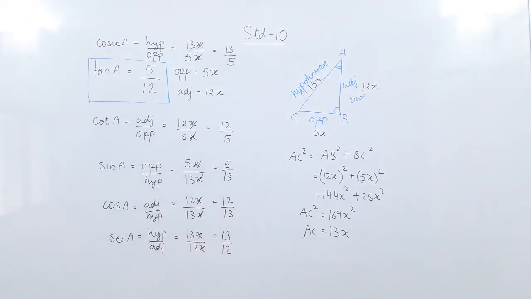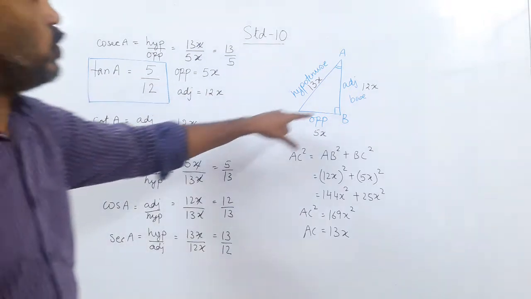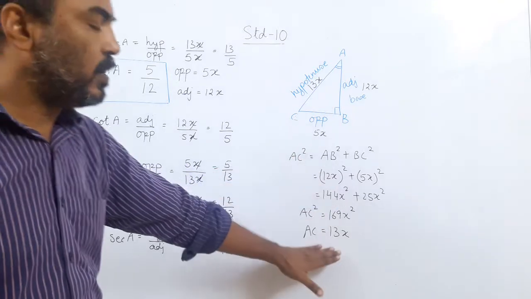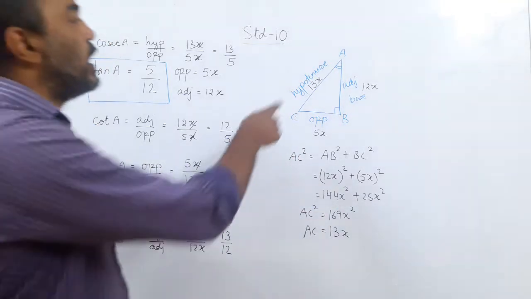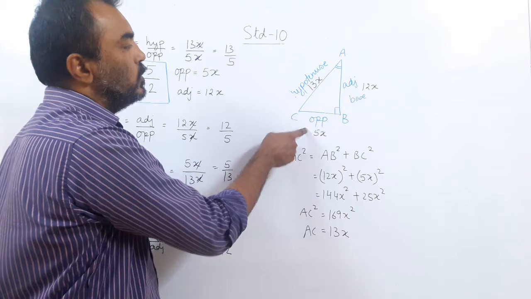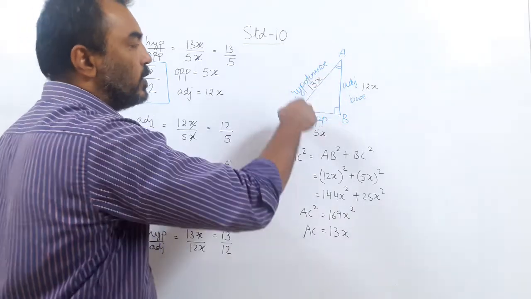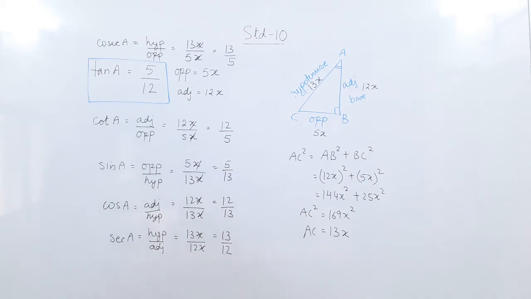So what do you recall here? You have to first memorize the names. Which ratio is sine, which ratio is cos, which ratio is tan, cot, sec, cosec. These 6 ratios are ratios of which sides. So when one ratio is given, you will know the ratio of two sides, and using the Pythagoras theorem you can find the third. Now sometimes the hypotenuse and one side may be given to you. So this square minus this square will be this square, you will get the three sides and find the ratios. Right? So it's a very simple thing to do, and I hope you have clearly understood what is to be done here. Right?